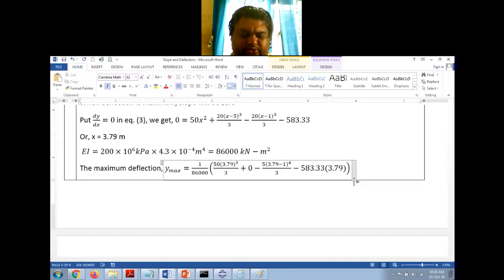So 50 into 3.79 cube divided by 3 minus 5 into 2.79 raised to 4 divided by 3 minus 583.33 into 3.79 whole divided by 86,000. So this is equal to minus 0.01633 meter,